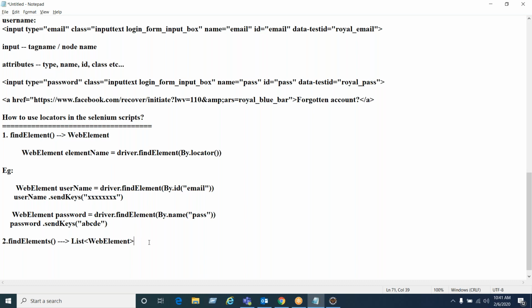So similarly for find elements, the same syntax: driver.findElements(By.locator). Here we are going to use a list of web elements. Why? Because